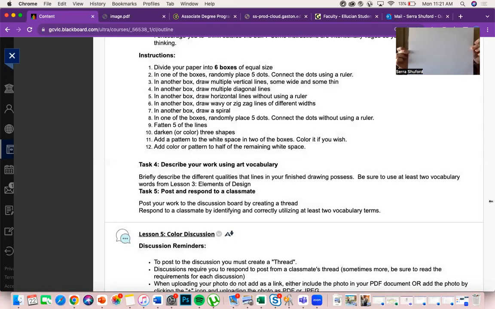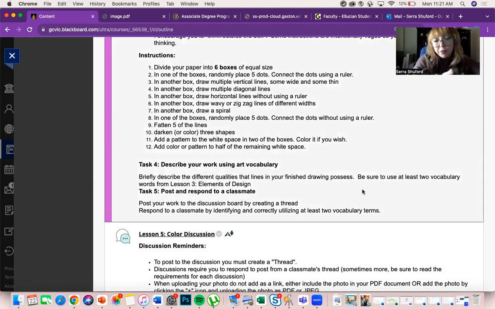Just holding it nicely up to the camera and making sure we can see all the lines and everything will be totally fine. Or just taking a photo on your phone, emailing it to yourself, and then saving it as a PDF. That always is a good option as well. So you'll want to upload that image, and then for your initial post, which is what I call your portion of the discussion,